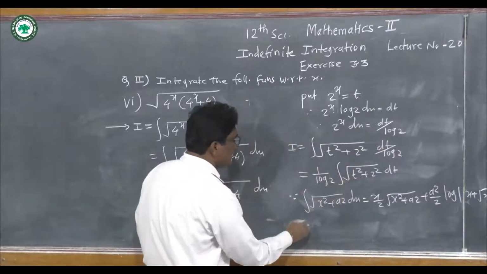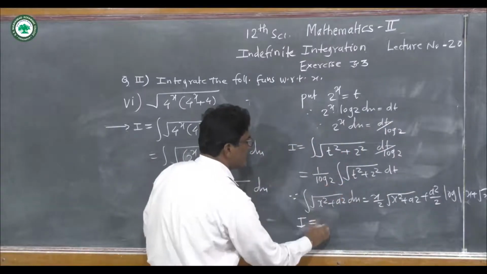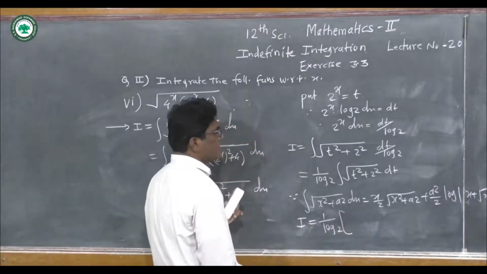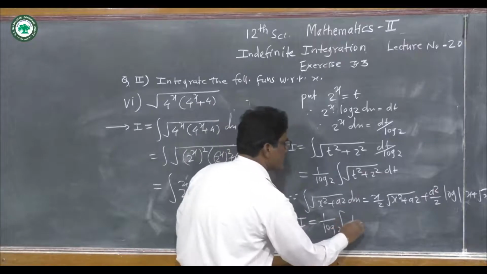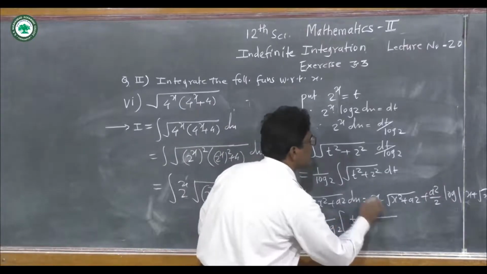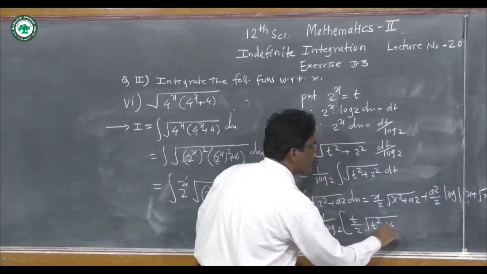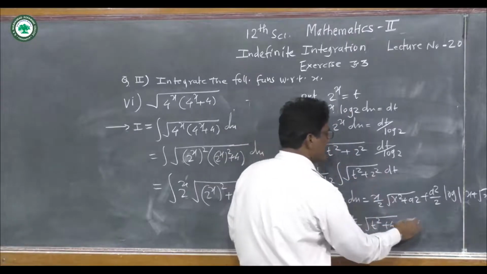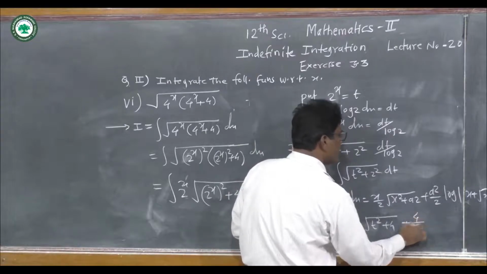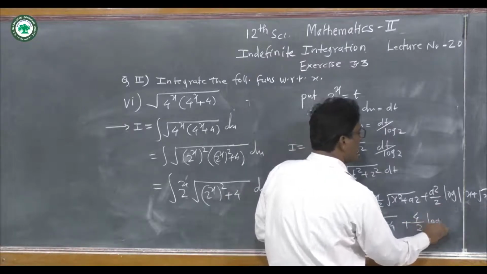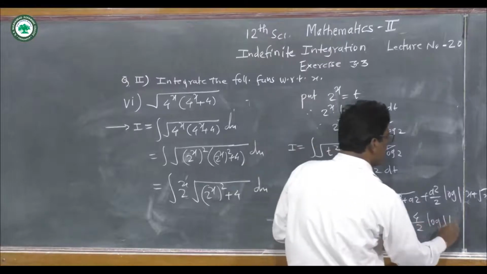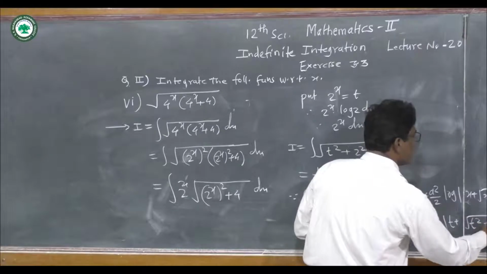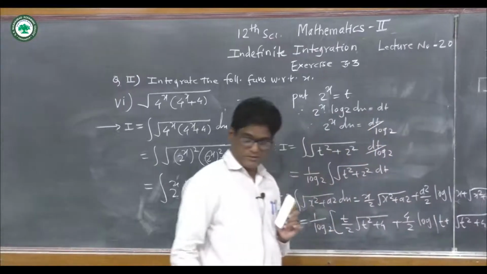Using this formula we get here required integral I, that is equal to 1 upon log of 2 in square bracket x by 2, x means here t, so t divided by 2, root of t square plus 2 square, 2 square means 4, plus a square is here 2 square, 2 square means 4, divided by 2 into log of x is here t plus under root of t square plus 4, plus constant of integration.